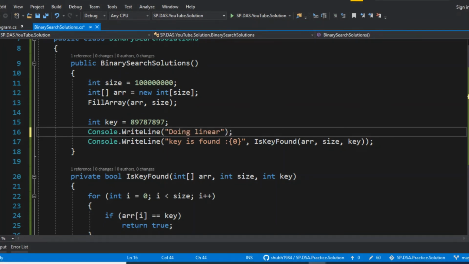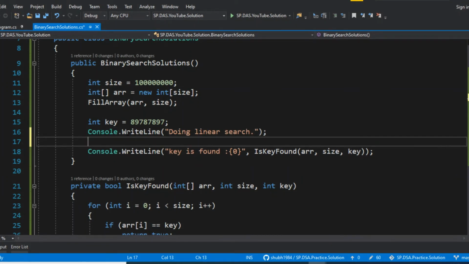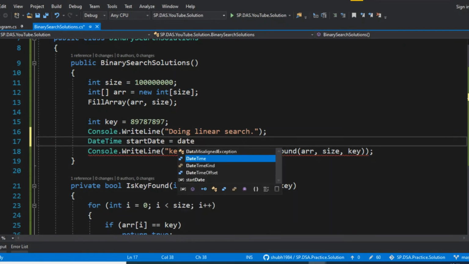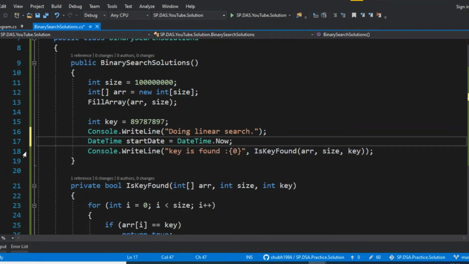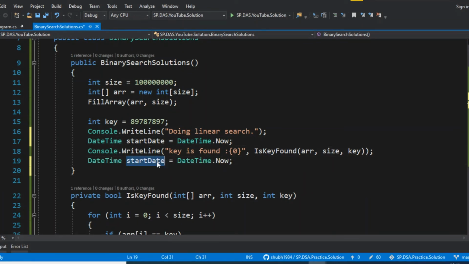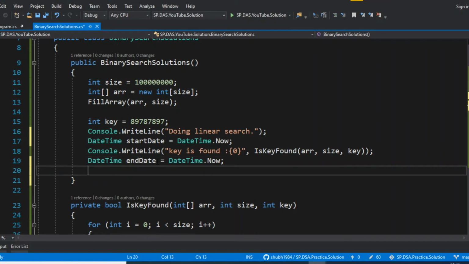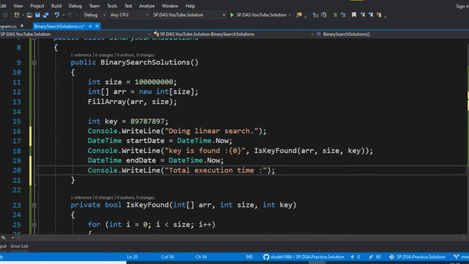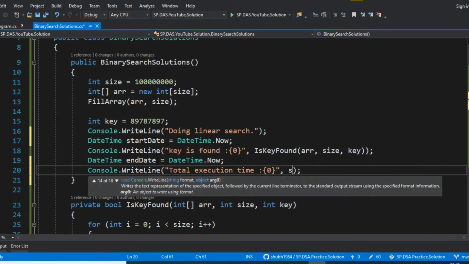If you want to know how much time it takes to do linear search, I take the start date and the end date to calculate the total execution time: end time minus start time.